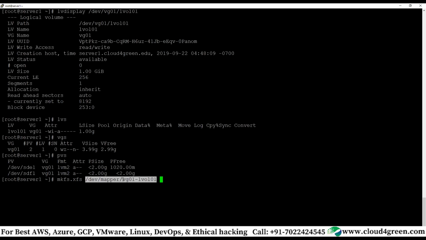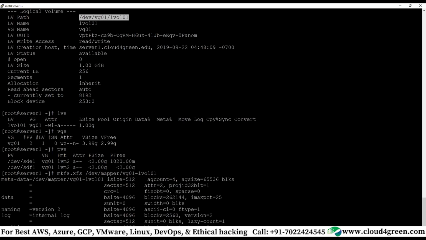Correct? But most of the time in real-time environments, you will find /dev/mapper in the fstab. Some people also use this, but the majority use this. I have seen many systems where it is there. That's why I'm going to explain it. Either you can format using this, but you can't format using UUID basically. Either use this device or use this device. Clear? Just enter. It is formatted.